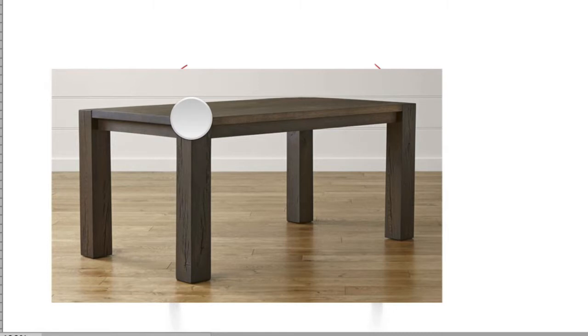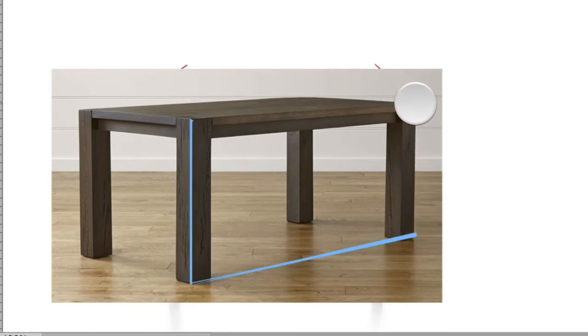So once again, I'm going to use pale blue here so that we can see it more easily. This is a very slight bird's eye perspective, as you can see here, because we are seeing the top of the table. But we are also looking at 2-point perspective because we're seeing it corner on. So here's the front corner closest to us, always the longest line. And I know that if I take from this corner to the outside corner of this back leg, and then from this corner to the outside corner of the table,